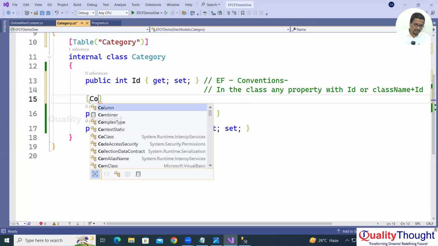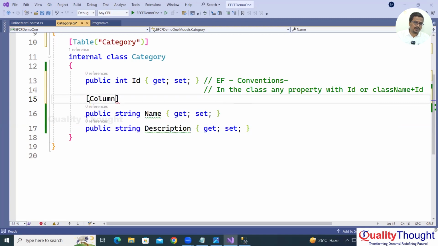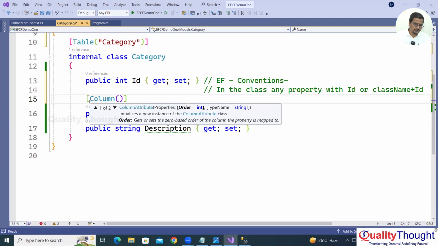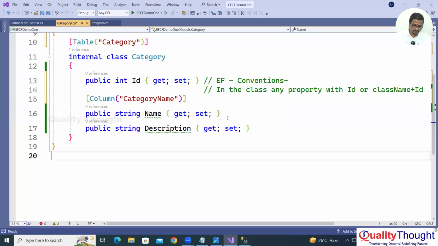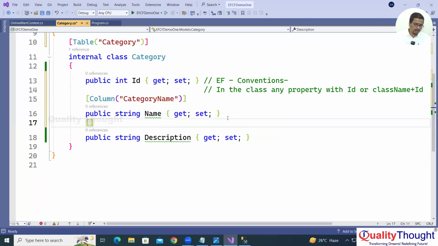Column. What name are you expecting for this column? CategoryName. For Description, for this also, Column,